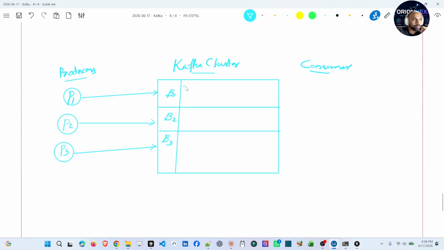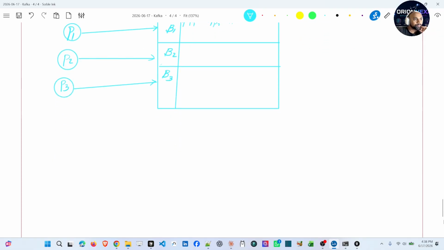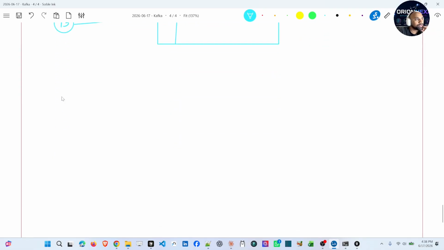Inside the broker, we have topics TP1, TP2, etc. And each topic is divided into partitions.